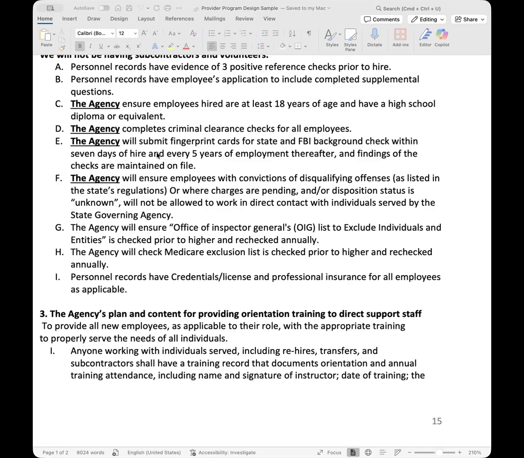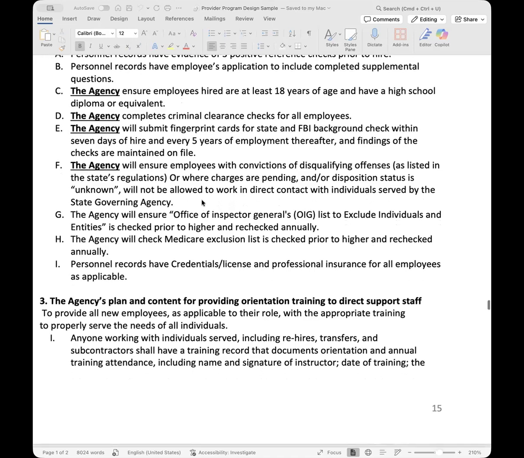You won't get to see the offenses or any charges on that sheet, but you are responsible to keep the sheet that says their background check is qualified or disqualified. For everybody else, you need to keep the sheet on file with the list of anything, or if there's nothing on there, it'll say no criminal background, no charges. You will keep that list as well.